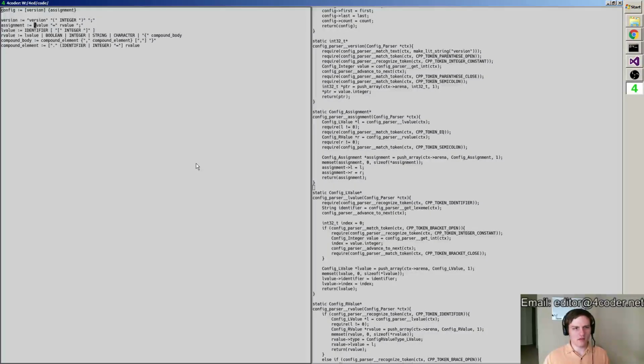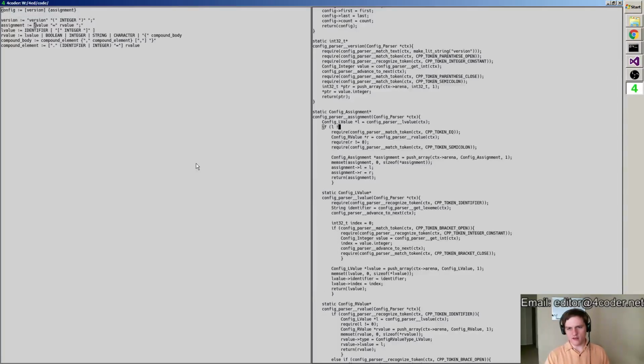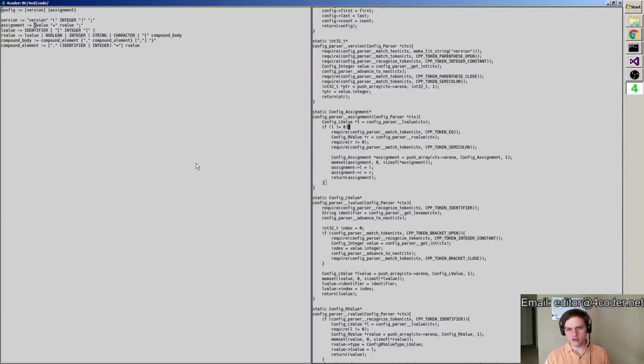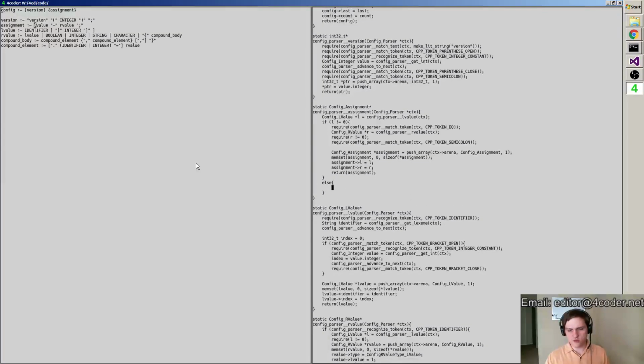Now, an assignment is the thing we're normally parsing. So a config is optionally a version and then 0 or more assignments. So when we go to get an assignment, we try to get an L value and we try to get an R value. So if we fail to get an L value, what can we do? Well, if L does not equal 0, we should just go ahead and do this code, because that code is still correct. If L does equal 0, then I guess what we want to do is say